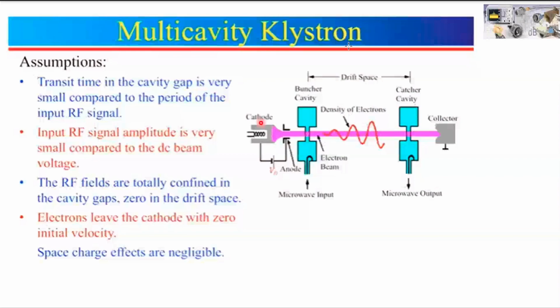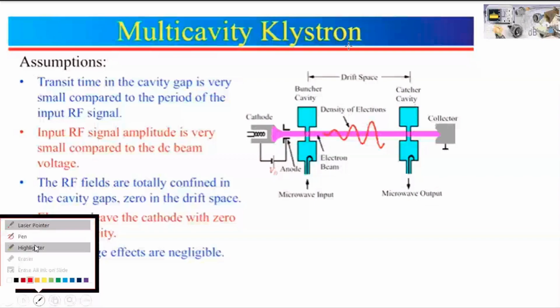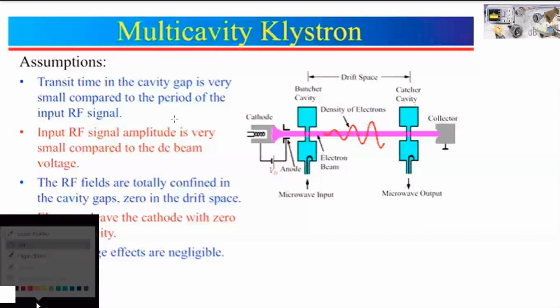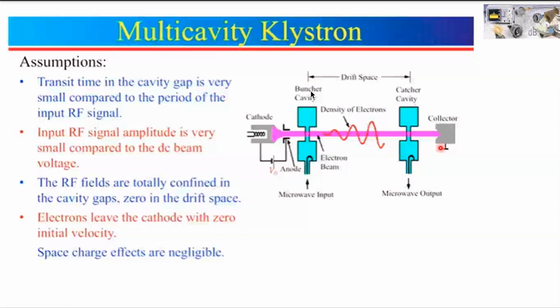This is a general diagram which I will explain again. Microwave input is applied here, output is taken here. A question generally asked in exams is: which cavity is close to the input? Buncher cavity is close to the input. Through which cavity is the output taken? Through the catcher cavity. Where do we apply the microwave input? From the buncher cavity. This question may be asked in your MCQ also. I'll set the question in such a way that it covers some portions of your GATE examinations.